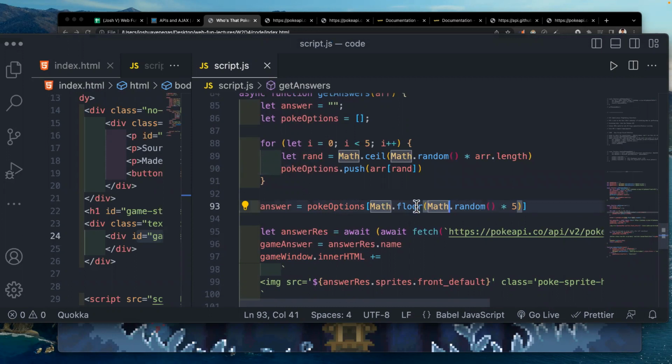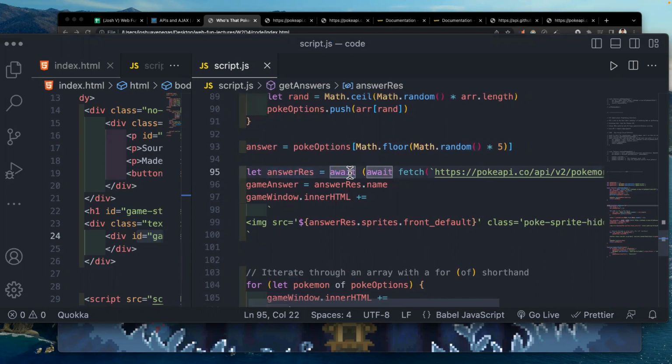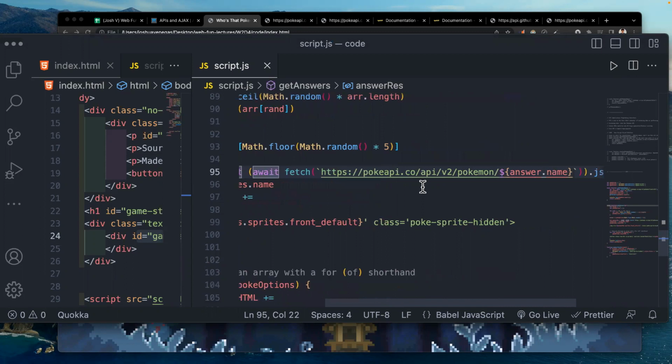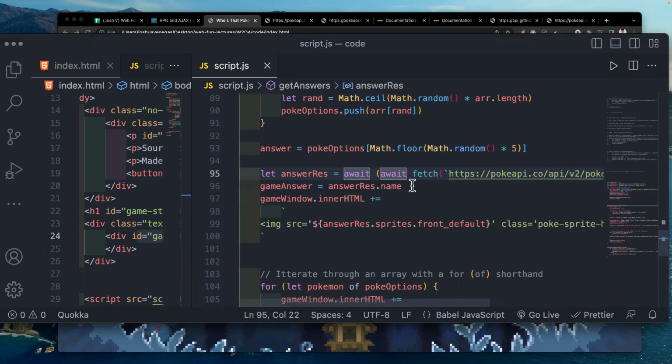One of these random answers is going to be one of the 5 here. And then we have this variable answer res, and we're going to await a fetch call for the answer name, and we convert that to JSON. So then we say let this variable game answer equals answer res.name.